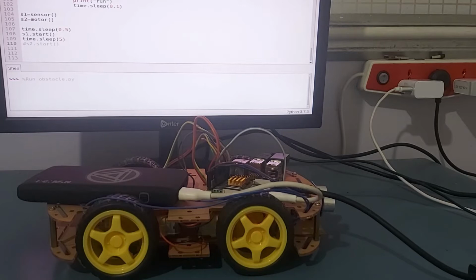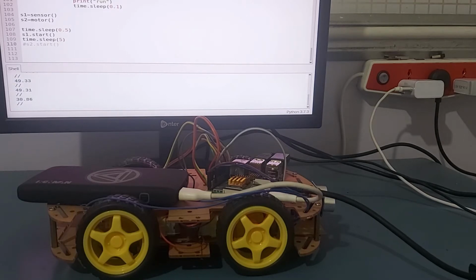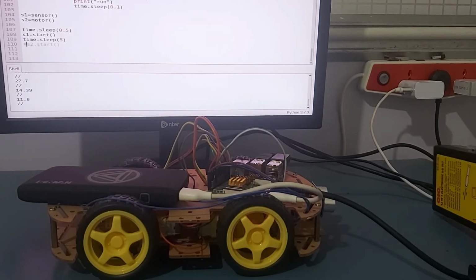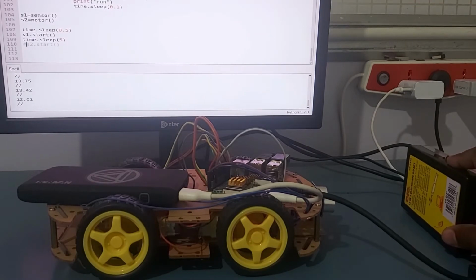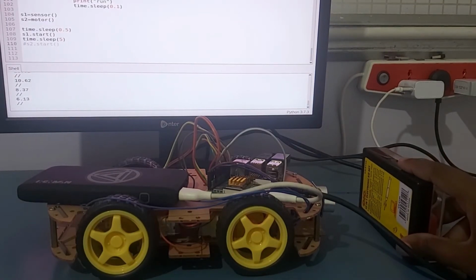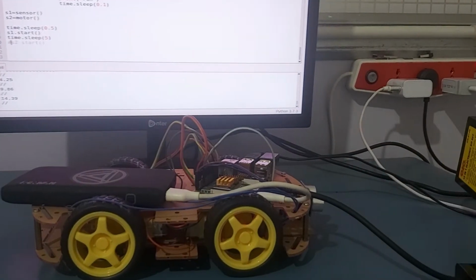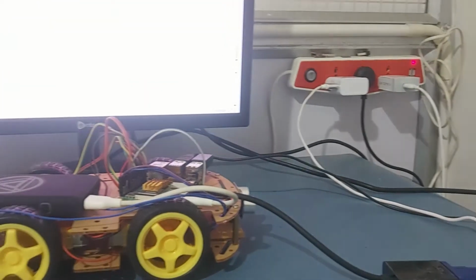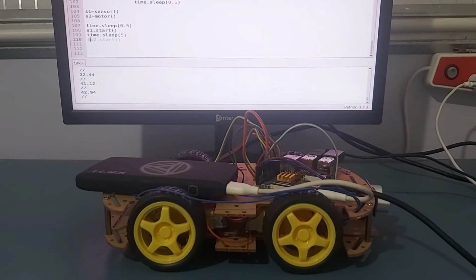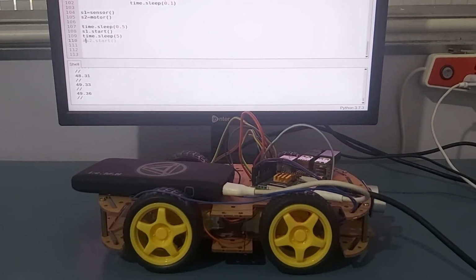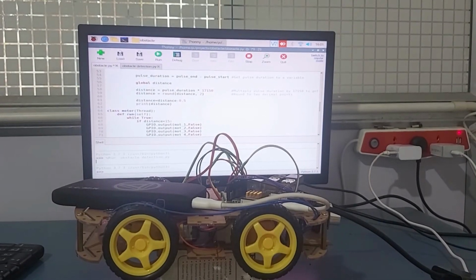So here's the model car, and when you run the code, you'll get a few values, which are the output from the ultrasonic sensor. The ultrasonic sensor measures the distance from the object to the car. So here's the object. I'm placing it very near to the ultrasonic sensor, which is near to my car. You can see the value is decreasing, indicating that the object is very near to the car. And if I go on taking it far, you can see the values increasing, which says that the distance between the object and the car is more. So based on these values, we'll be controlling our wheels.